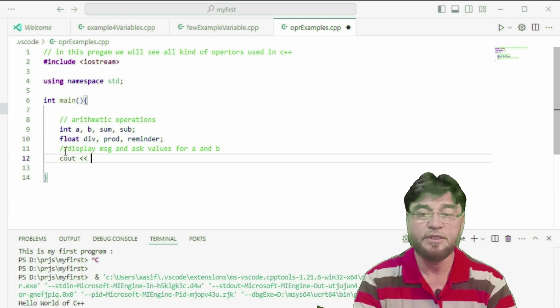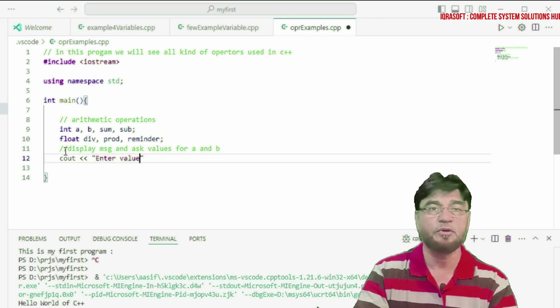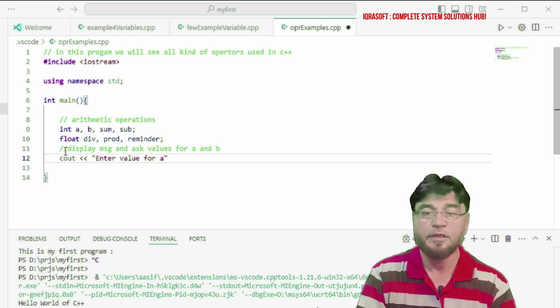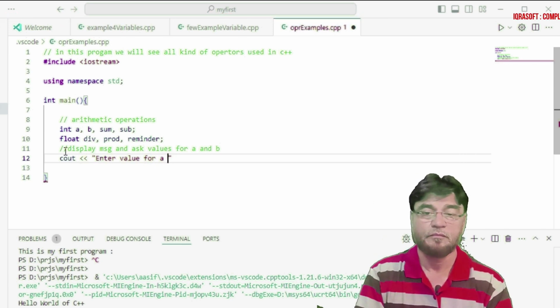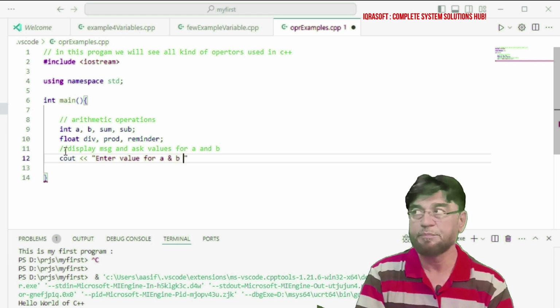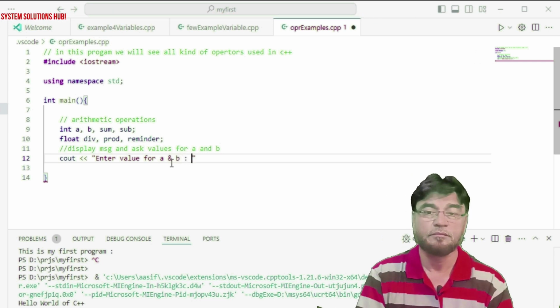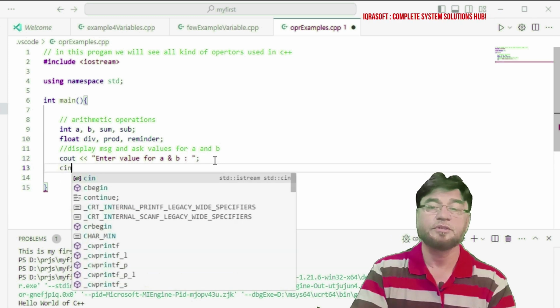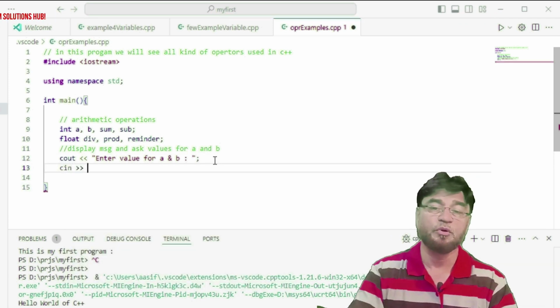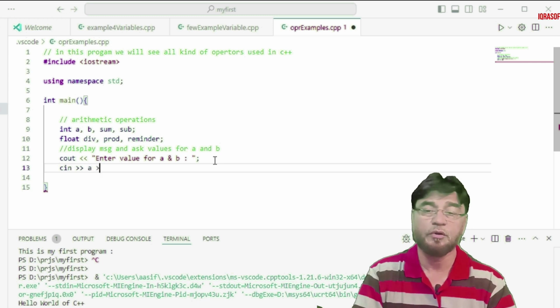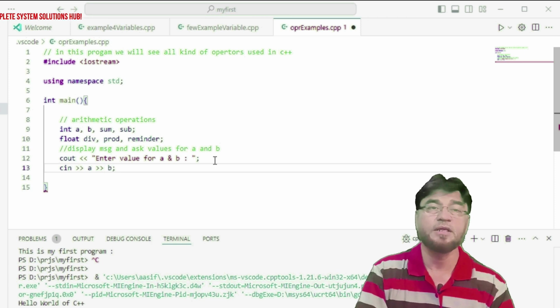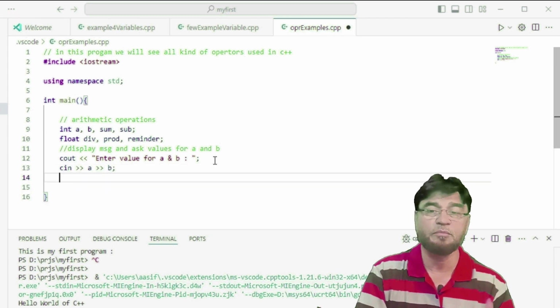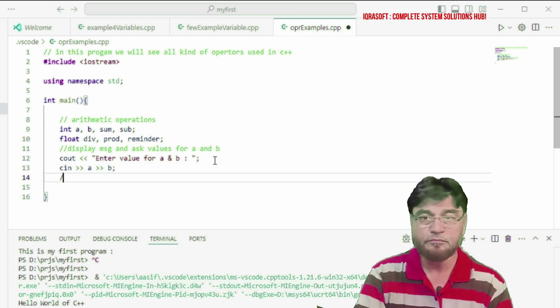cout << "Enter value for A and B"; cin >> a >> b;